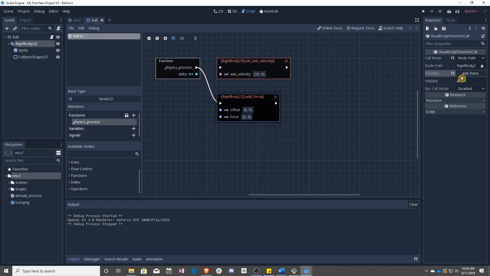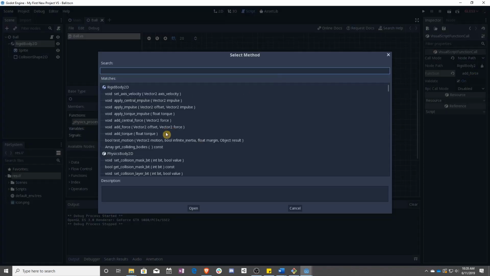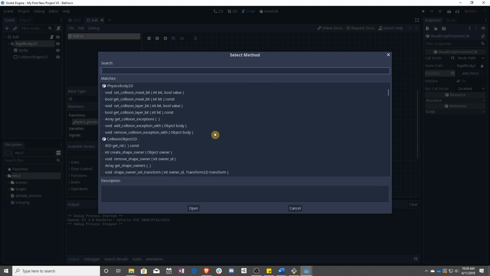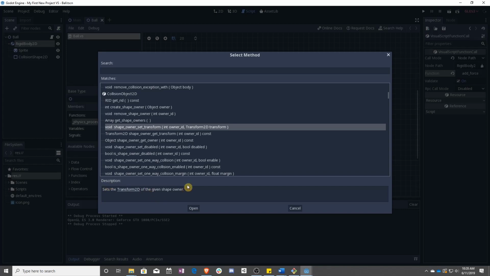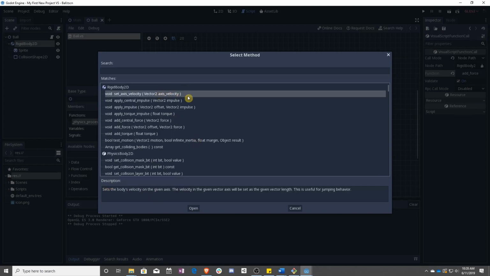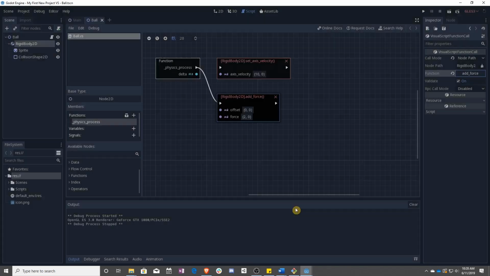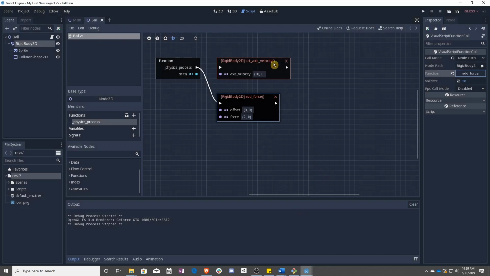You can change an existing function by clicking on function and choosing any of the rigid body 2Ds. You can look through any of the others if you want. They all have an explanation as to what they do. And if you're ever confused and want to know exactly what this does, like set axis velocity, you can use search help,